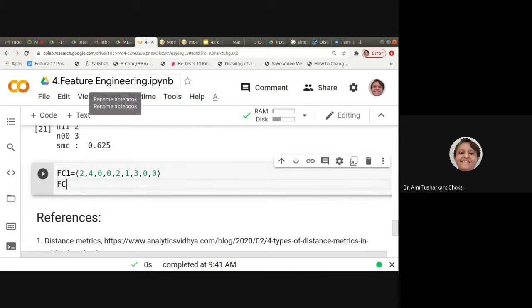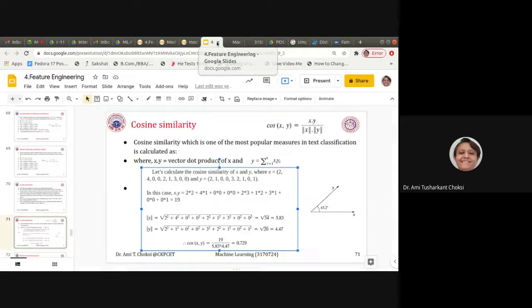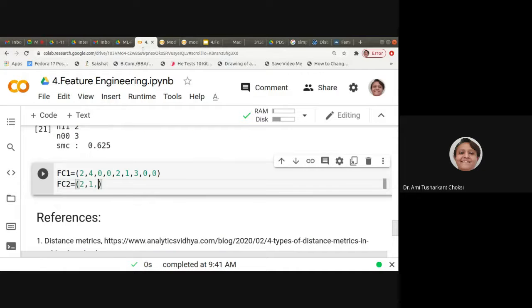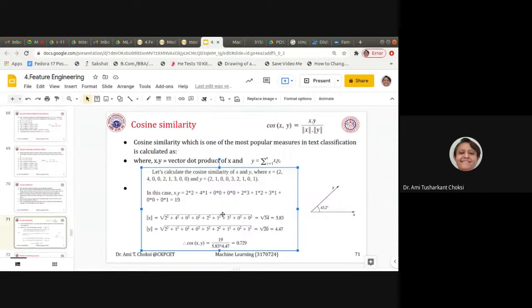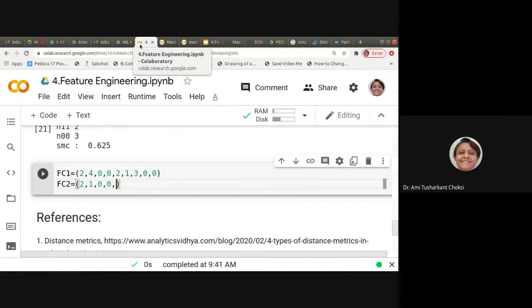For FC2, what we are having is 2100, then 32101, right?